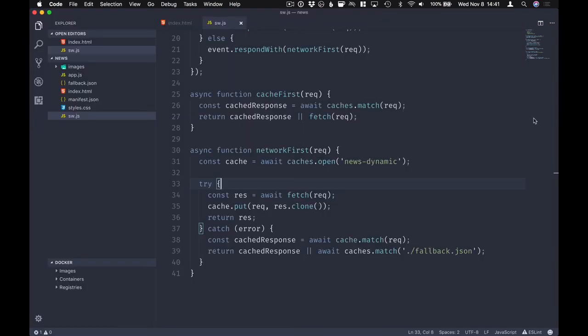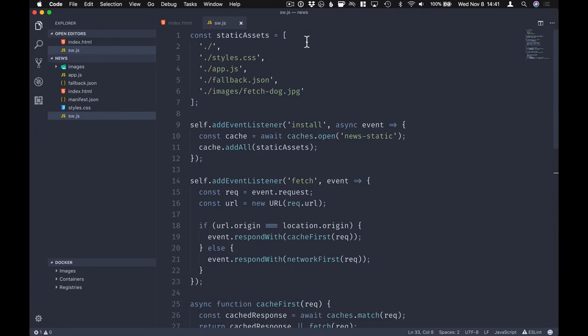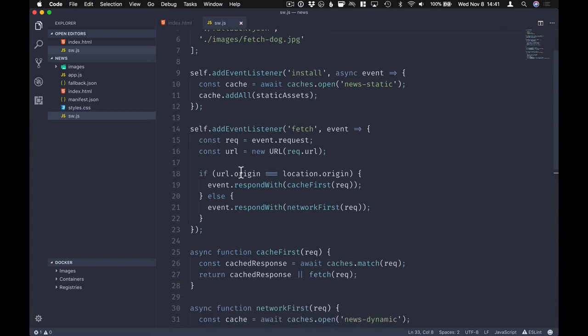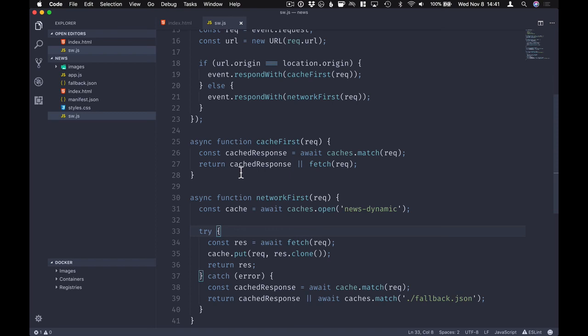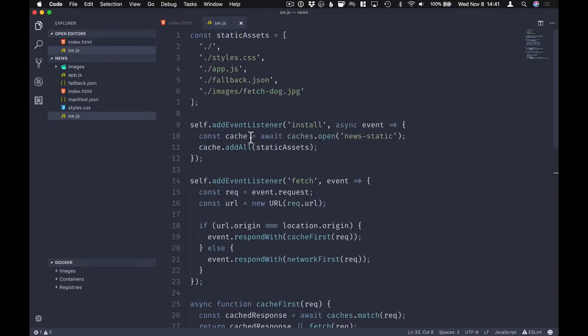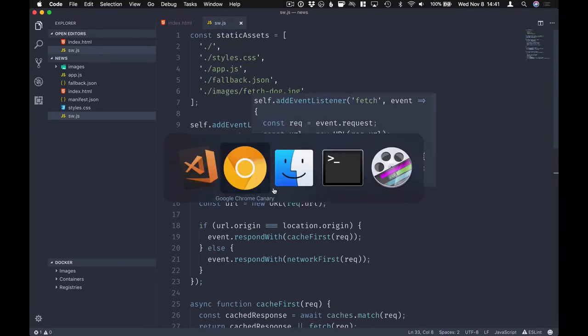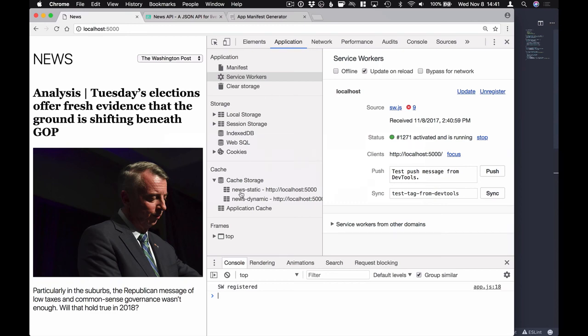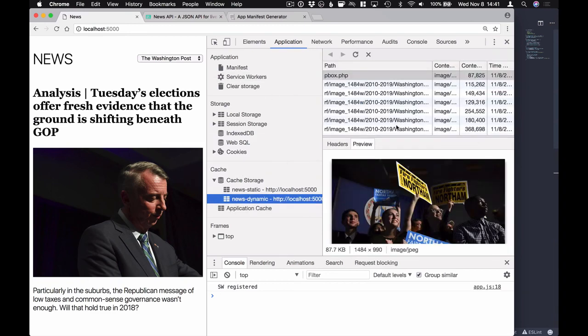So with this simple service worker in place, we're able to have a progressive web application. But as you can see, even for this fairly limited amount of functionality, we already have quite a bit of code. Also, this is not a very robust production-ready solution, so there are already some things that you can probably notice that we're doing wrong here. One of the things is that this dynamic cache just keeps on growing and growing, so we don't have any way of purging out old content as it gets